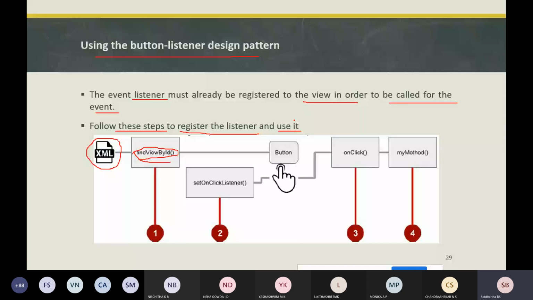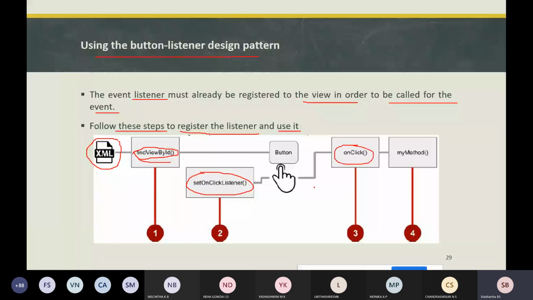By calling the setOnClickListener method, whose argument takes an object that implements the View.OnClickListener interface. This interface has only one method, that is the onClick method.